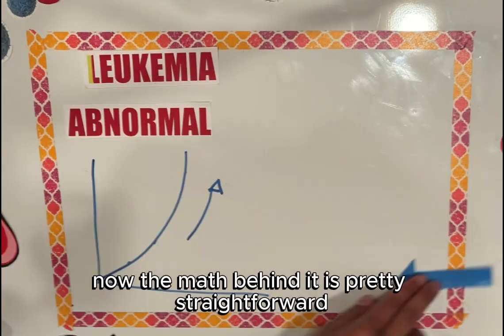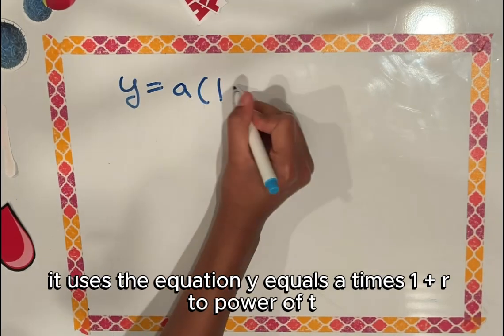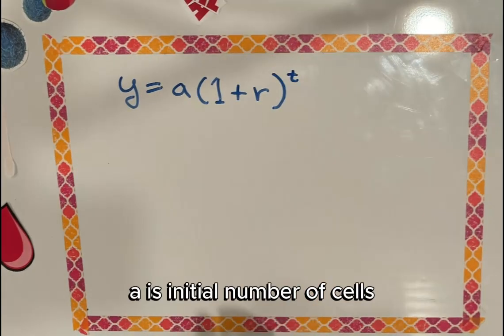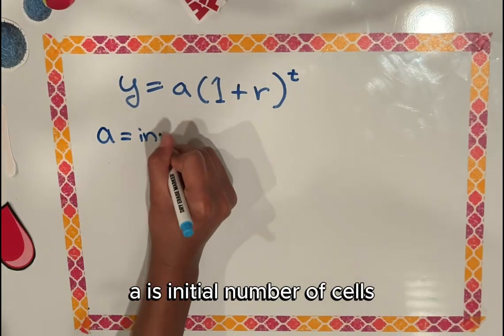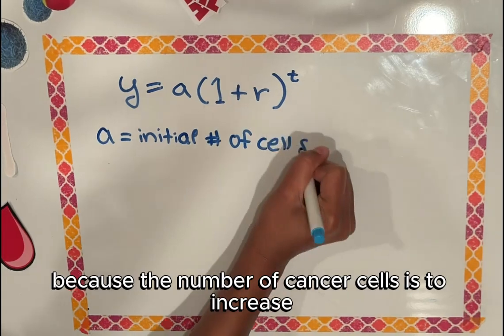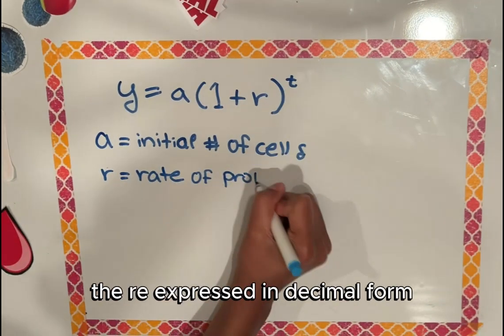Now, the math behind it is pretty straightforward. It uses the equation y equals a times (1 plus r) to the power of t. A is the initial number of cells at hour 0. Because the number of cancerous cells is to increase, we use the number 1 in addition to r, the rate